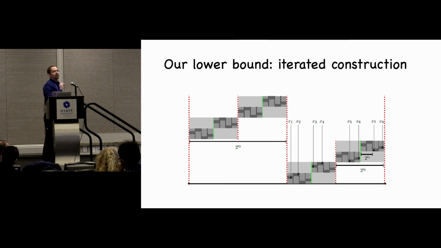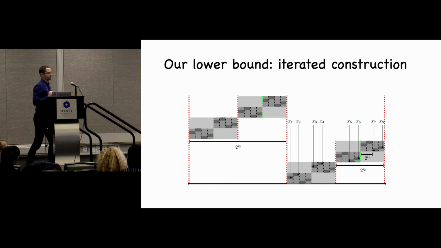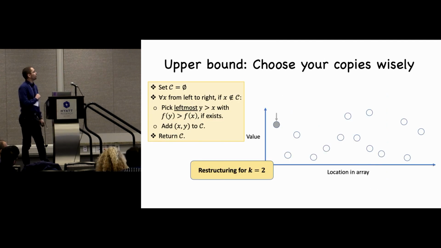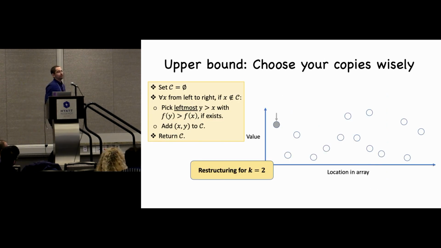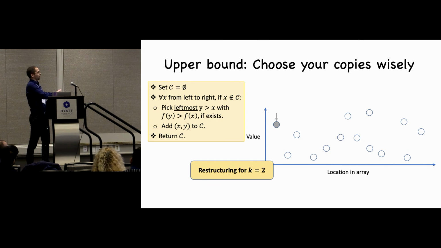It turns out that there are a log cubed number of different profiles, and the number of queries that you need to make is at least linear in that. But for most of the talk, I want to discuss the upper bound. And maybe the one takeaway message that I want to give is that you can choose